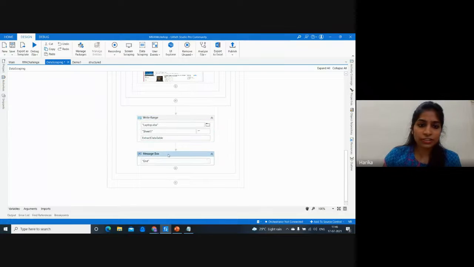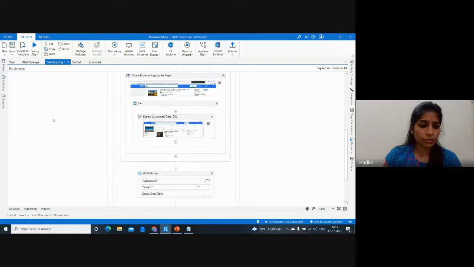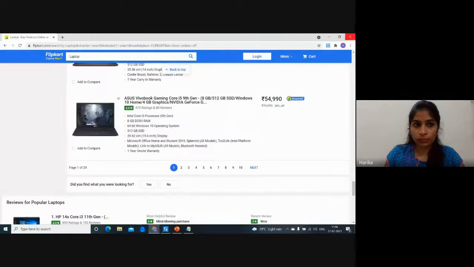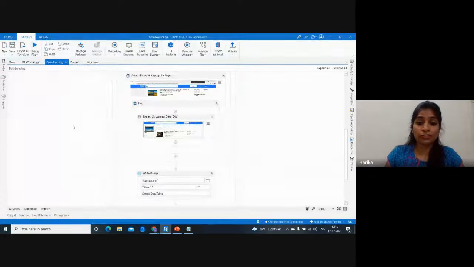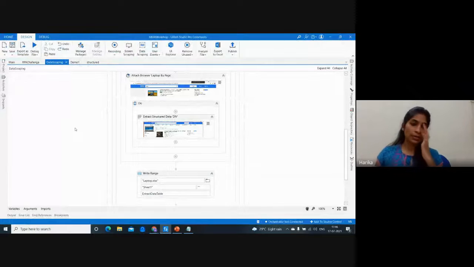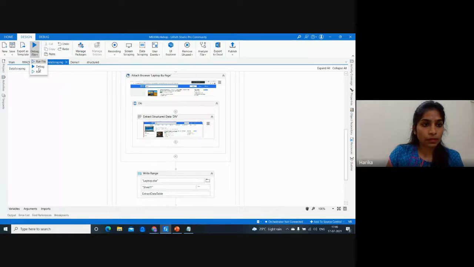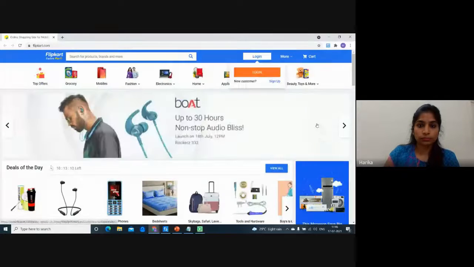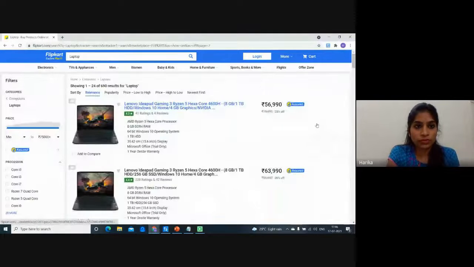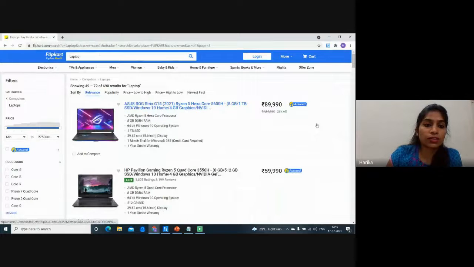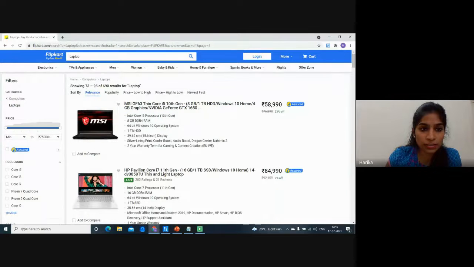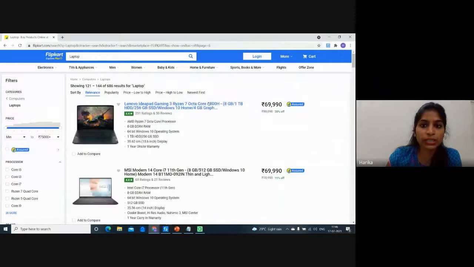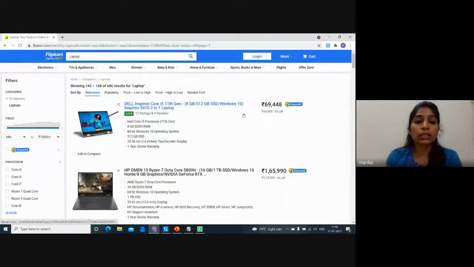Once it's done, I'm just showing that it is the end. Let me just run this workflow, which I've already created. Before that, you have to close any pre-opened applications. So I'm just going to run the file. If you see, it's moving. The results are moving, right? You can see here 73 to 96, 97 to 120, and the process is really very quick.